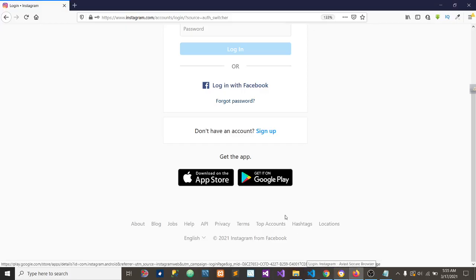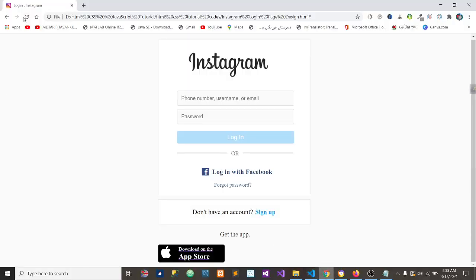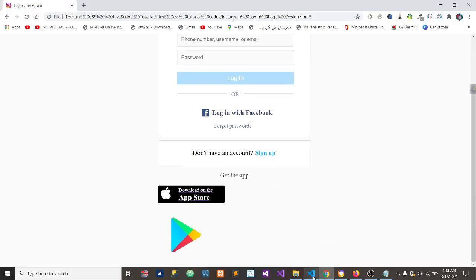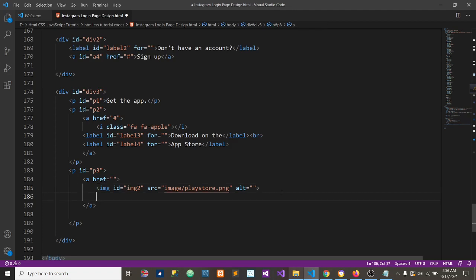তো এই সেম ওয়েতে আমরা আরেকটা কাজ করি। তো এখানে দেখুন আমাদের গুগল প্লে স্টোরের একটা ইমেজ, তো আমরা ইমেজটা নিব। তো এই জন্য আমরা একটা ইমেজ ট্যাগ নিচ্ছি। তো ইমেজ ট্যাগ নিয়ে এখানে সোর্সের ভেতরে ইমেজ দেন প্লে স্টোর, তো এর একটা নাম দিচ্ছি যে ইমেজ2। তো এবার যদি আমি সেভ করে রান করি তো দেখুন আমাদের এটা কিন্তু চলে আসলো। আচ্ছা, তো আমাদের এই সব কিছু কিন্তু এ ট্যাগের ভেতরে রাখতে হবে, কারণ এখানে যখন আমরা ক্লিক করব তখন যাতে এ পেজে চলে যায়। তো এরপরে আমি যে কাজটা করব সেটা হলো লেবেল, এই লেবেলটা নিব।